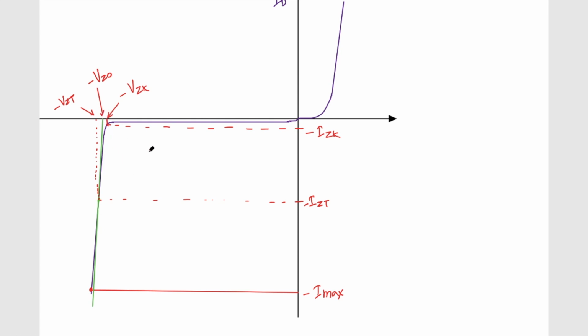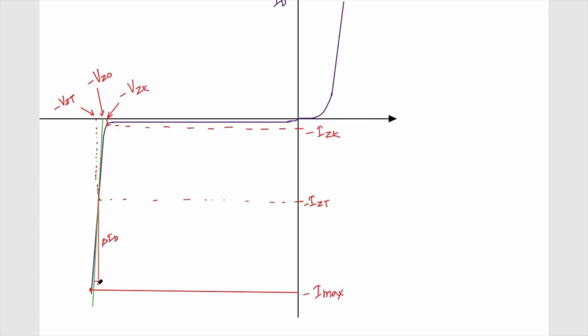So now I have approximated this whole thing with a straight line, and of course we can find out the slope of this line, which is basically the delta ID